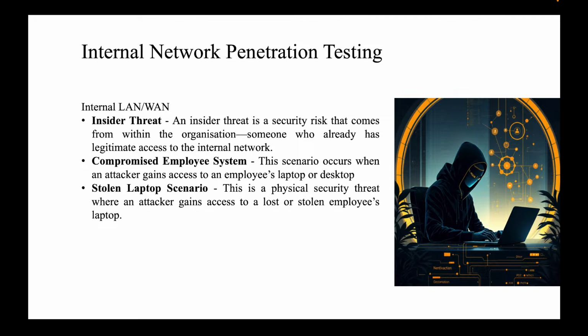This can occur through phishing attacks, malware attacks, fake downloads, or any kind of unsafe websites. Once the attacker controls the system, they can move inside the organization's network, stealing files, accessing internal applications,